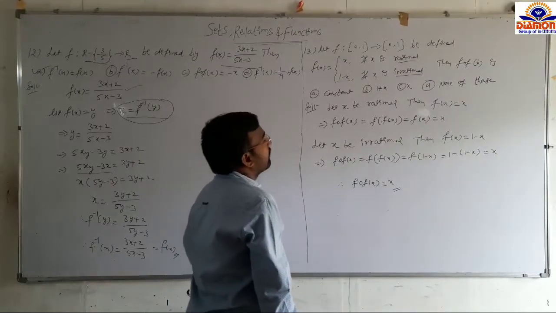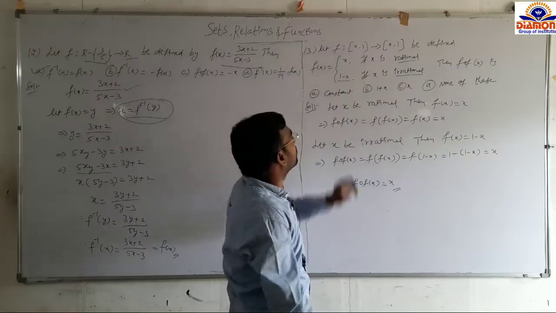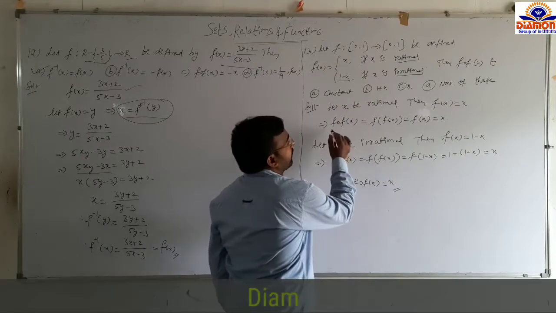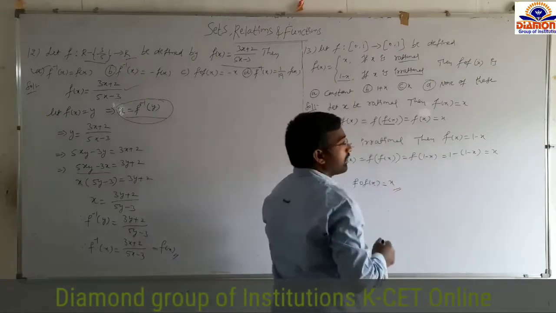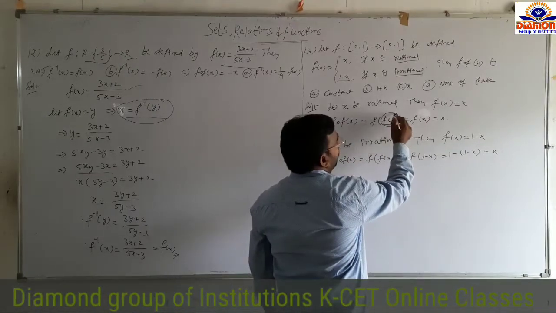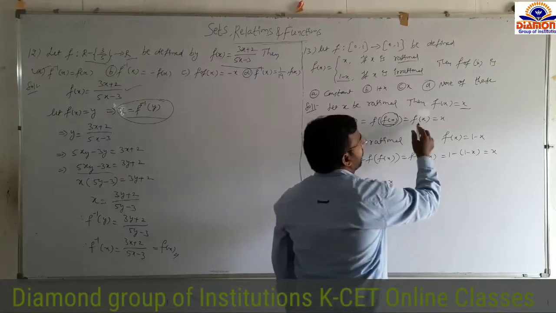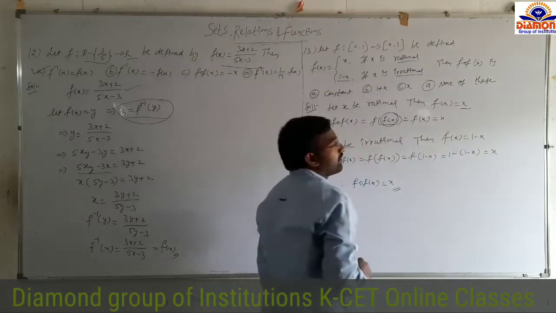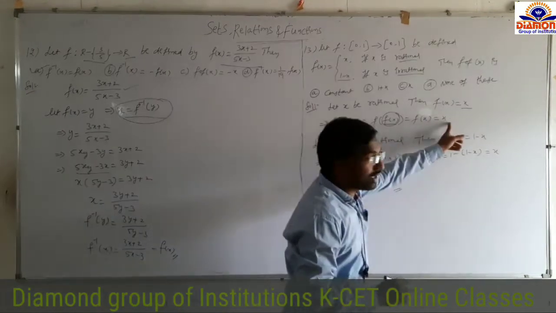So first, if x is rational, what is the condition? f of x equals x. So calculate f circle f of x. f circle f of x is nothing but f of f of x. Here, what is the internal function? f of x. What is the value of f of x? x. Substitute it here; f of x is also x only. That's why you get x only. So clearly, finally, f circle f of x equals x only, in the case when x is a rational number.